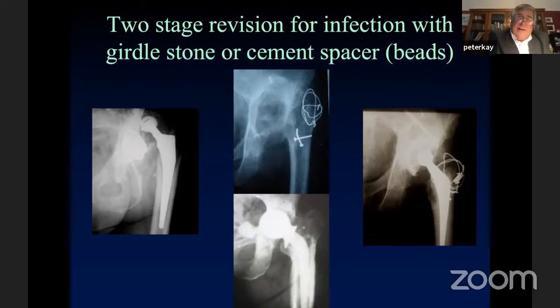So one stage, and because infection is painful and people are unwell, infections do tend to present early. So actually, what you discover, and I'll come on to the data, is that more than 70% of patients I see with an infection from a primary are definitely suitable for one-stage revision. There's enough bone stock, and the chances are you can use relatively short implants to be able to do a one-stage revision.